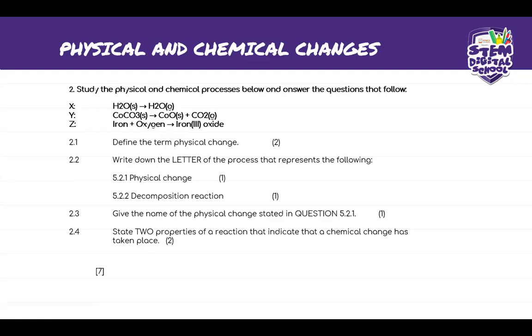Let me just check. And then the other one is CaCO3 gives you CaO plus CO2. So what they ask here,